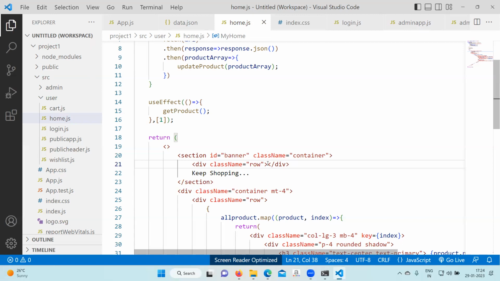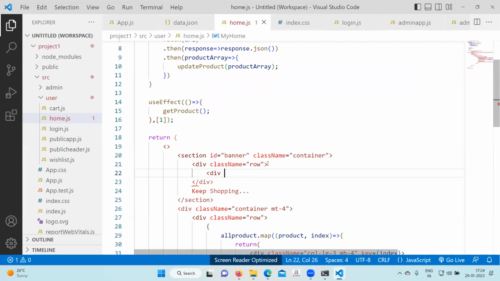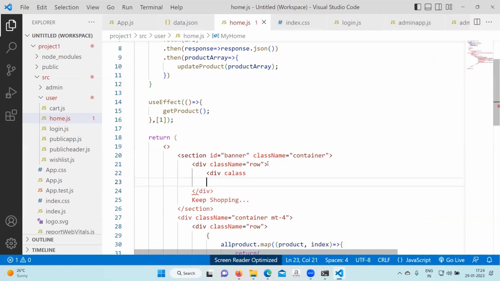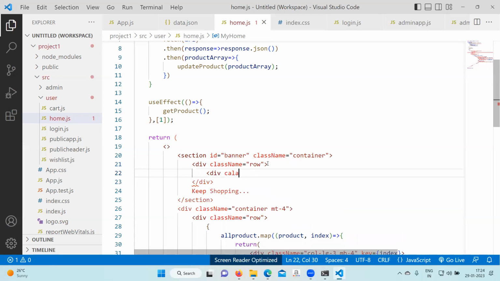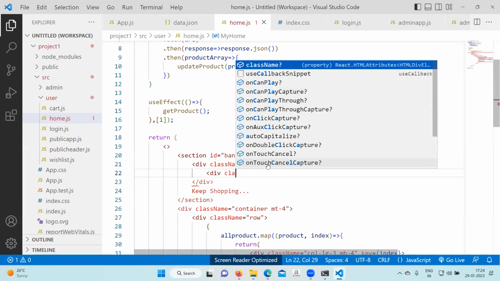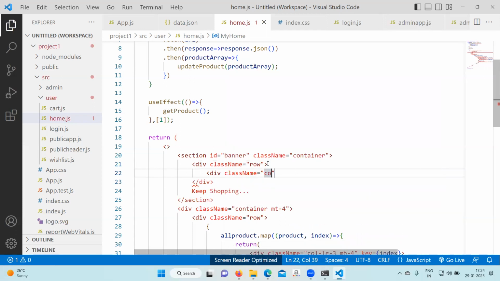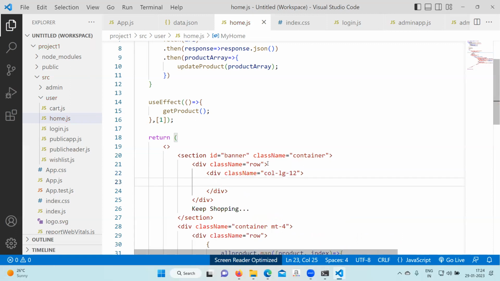Inside the row, you create a division. Class name col-sm-12. And in this 12, you create